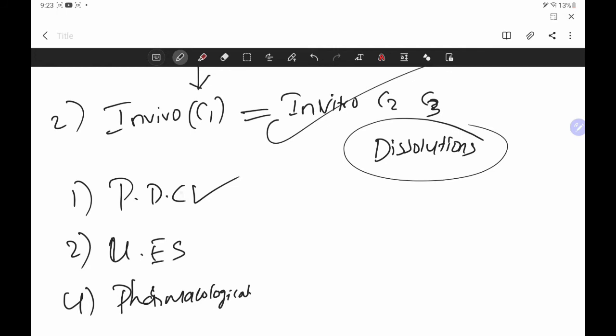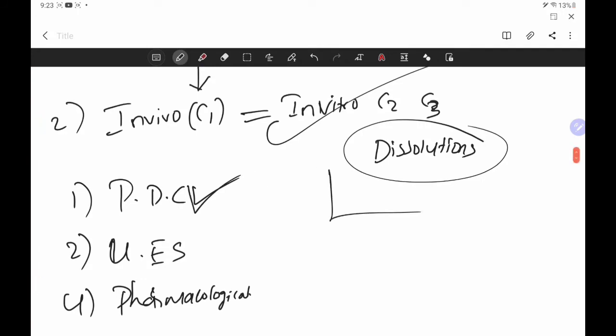One, you can relate with the plasma drug concentration. How can we do that? On the x-axis, in dissolution studies we get percentage cumulative drug release, and in vivo studies we get percentage cumulative drug absorbed. When you say that cumulative drug release is equal to cumulative drug absorbed, you will get a good